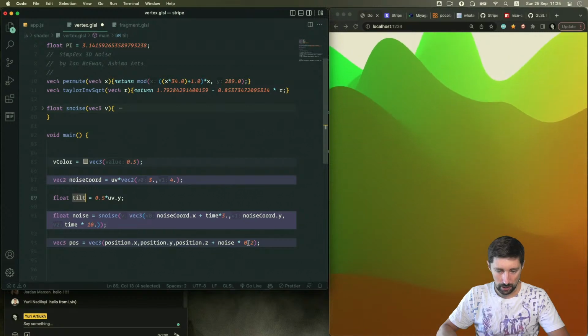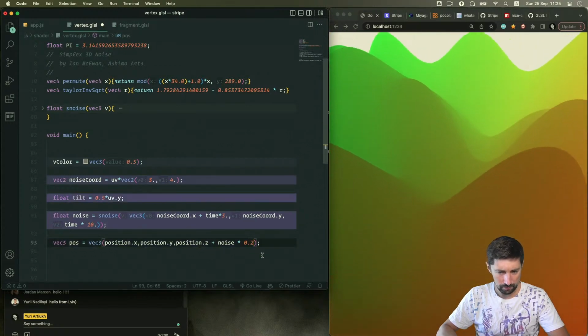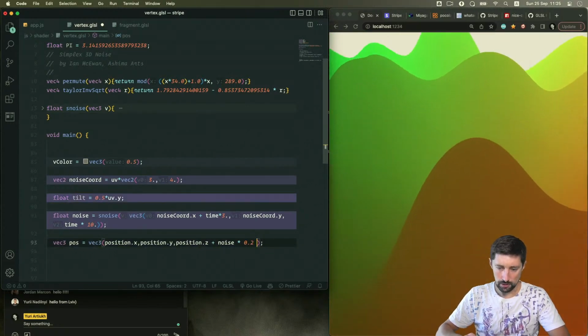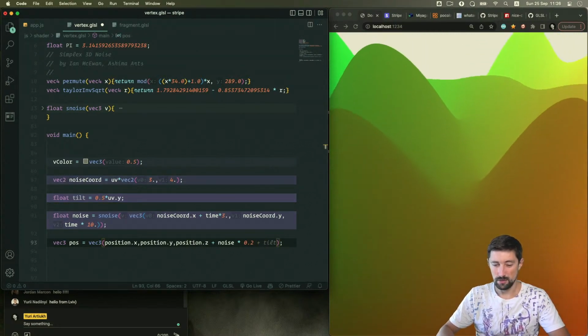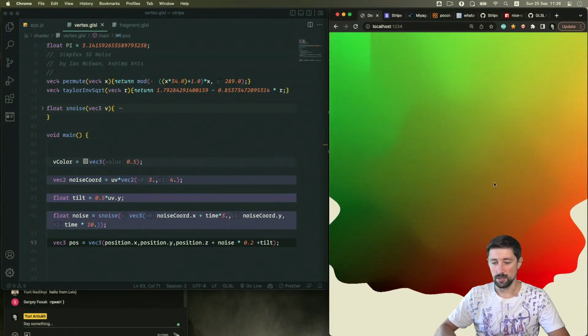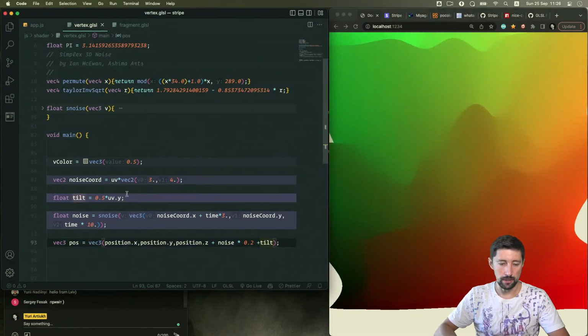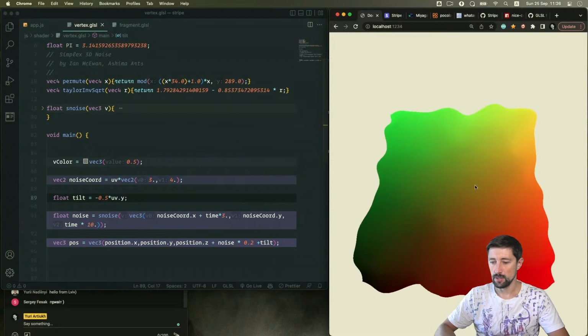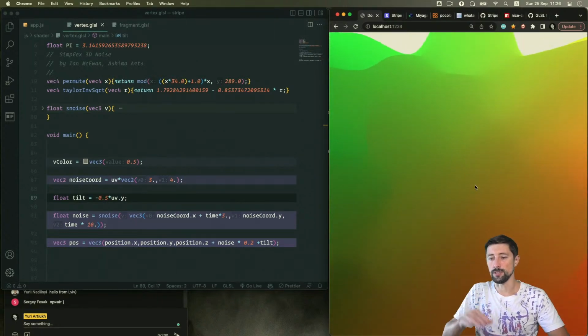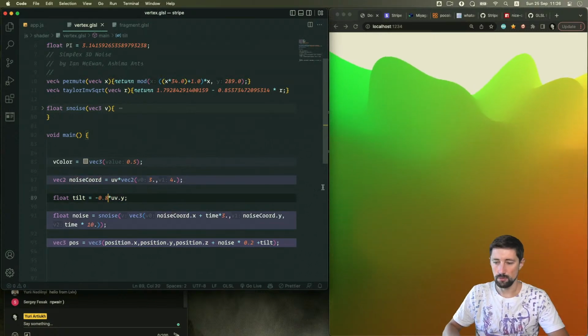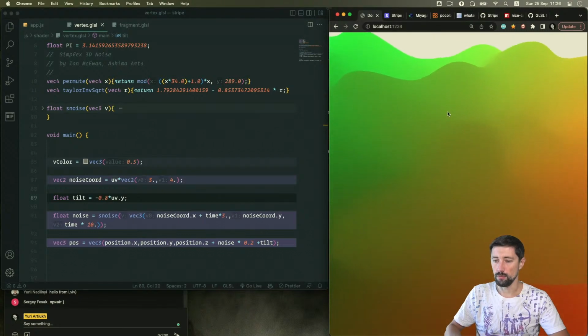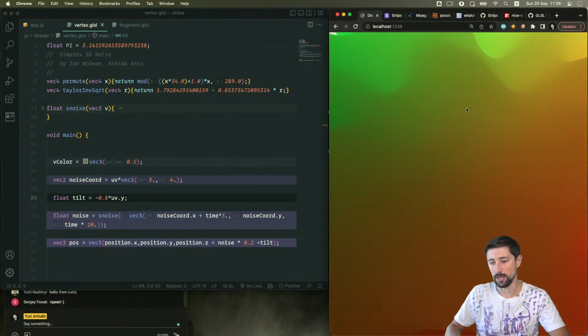And if I just add this one here, so the noise is 0.2, then plus tilt, it's tilting the other way, so it's probably minus tilt. So we're going to tilt it away from us, and you're going to see more of those things. And you can even make it more drastic, and you're going to see even more of those things. We obviously will need to move the plane just so it fills the whole screen, but anyway,